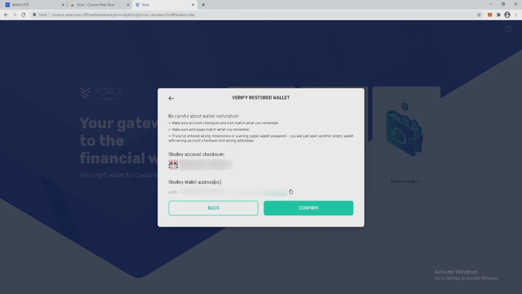Click restore wallet, and here we need to verify the Shelley account checksum and Shelley wallet address.